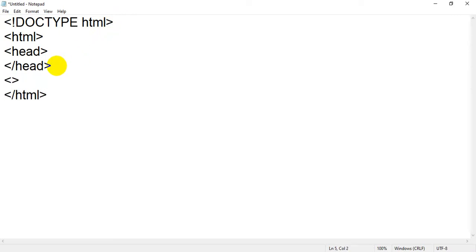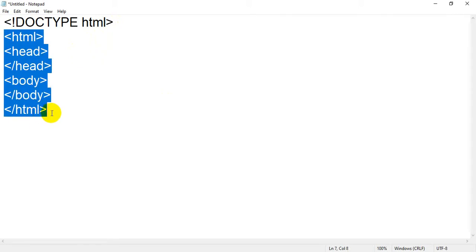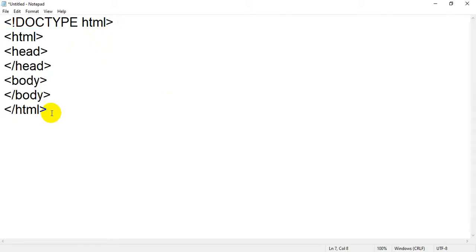So now we have to write our common HTML elements or HTML tags, which are compulsory to create any HTML page. These are some basic HTML tags or building blocks of HTML which are required to create any HTML page. Whatever you want to display will be displayed inside the body tag. So I am going to write one tag called h1, and inside h1 I will pass some message. Which message am I going to pass?